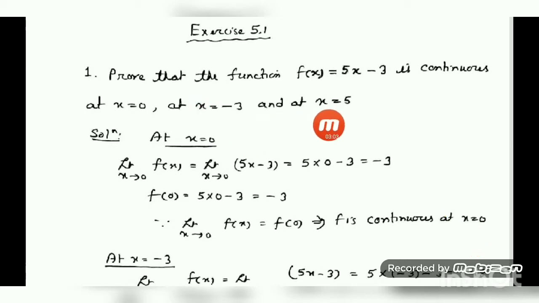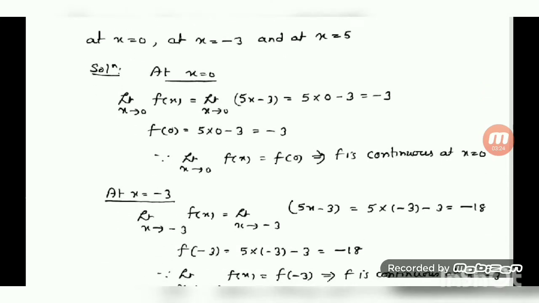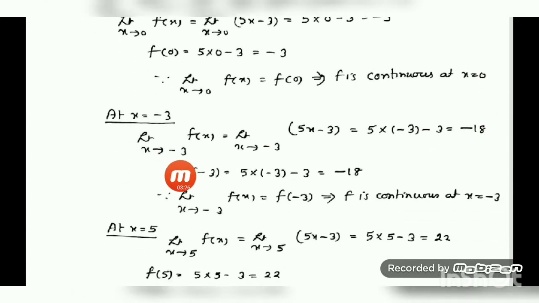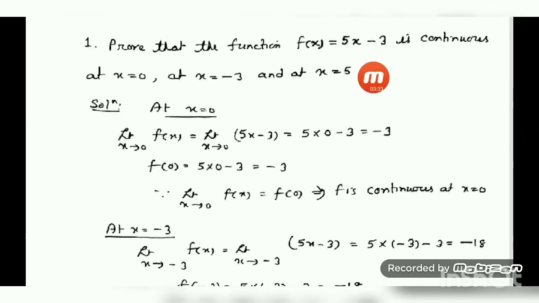Similarly, we are going to do the remaining two. Next you have to check the continuity at the point x equal to minus 3. That means limit x tends to minus 3 in this case, right? So for minus 3 also, the function is defined only by one way. So directly we can find out limit x tends to minus 3. No need to separate left hand and right hand limit. Okay, so here I have done limit x tends to minus 3, f(x). Put the value of f(x). What is f(x)? F(x) is 5x minus 3. Remember it. Okay, so substituting x equal to minus 3, what we have got? 5 into minus 3, minus the constant 3 remains as it is. So minus 15 minus 3 will give you minus 18.